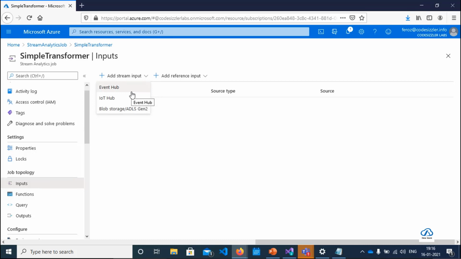Event hub consumes your live streaming data from applications, with low latency and high throughput as well. IoT hub consumes live streaming events from IoT devices like Raspberry Pi or any simulator devices.